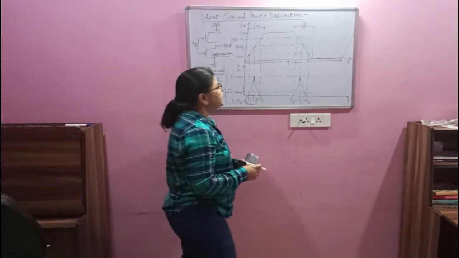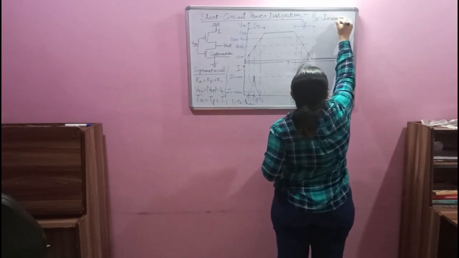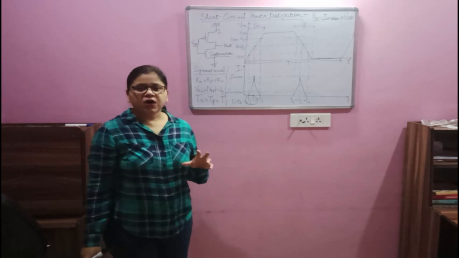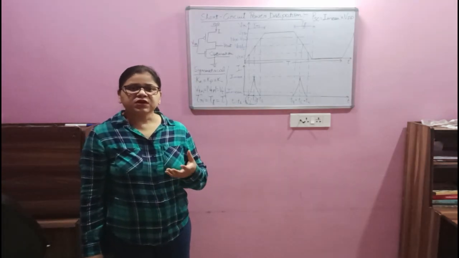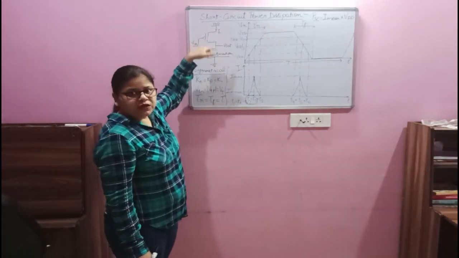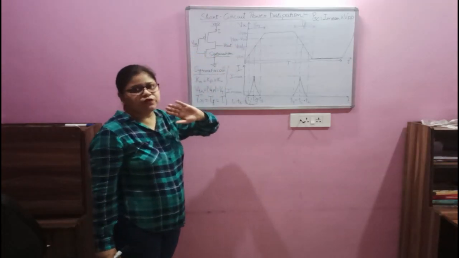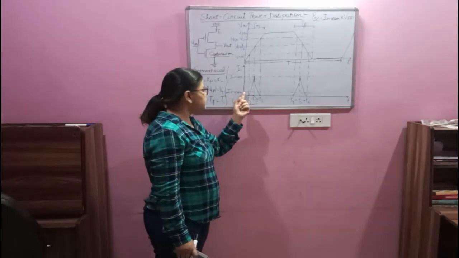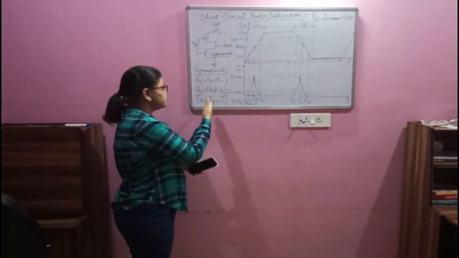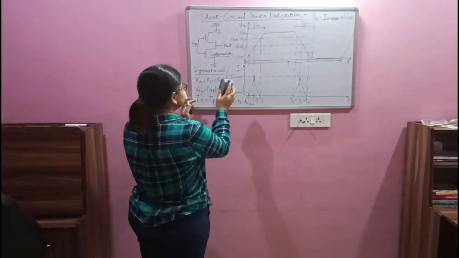And the short circuit power dissipation is given as mean current into the supply voltage. So our total focus is on how to calculate the mean current. We know the value of the drain to source current flowing into this inverter, but we don't know the exact expression or value for the mean current. So we have to find this mean current, and for that we will start a derivation. These are some assumptions we have to take care of while deriving the mean current equation. So I am rubbing this.